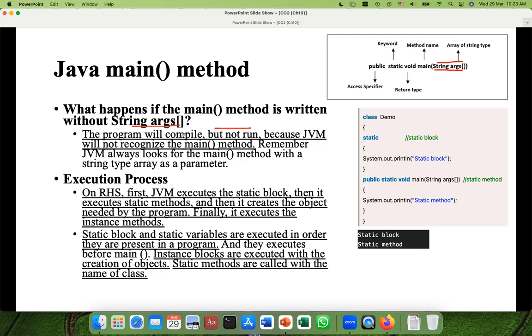But when you run it, when you press the run button for the program, it will not run. Reason? Because the JVM, Java Virtual Machine, will not recognize the main method. The Java Virtual Machine will not find where the main method is. Your JVM normally sees this part as a compulsory portion of your statement. Lazim hissa. So anyhow,